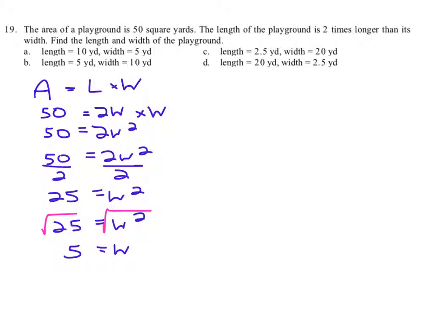Or when I say length, I mean any measure of distance. In this case, we're talking about the width. So the width is 5, and then therefore it says the length is twice as long as the width. So the length must be 10, and the width is 5. Okay. Now, notice that the answer for B has the numbers reversed. But here it says the length is 2 times longer than its width. And if the length is 2 times longer, we better have a number that's twice as big for the length. And that is